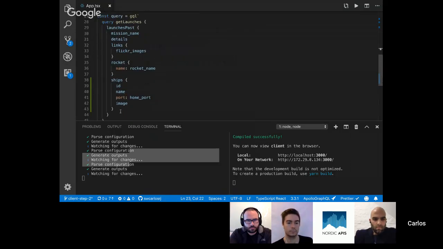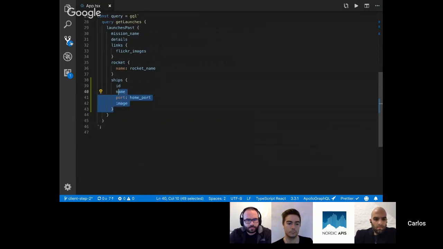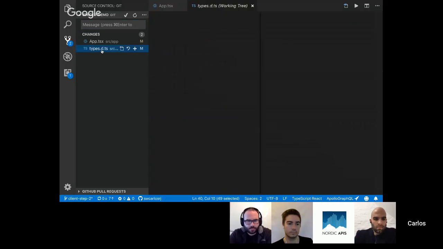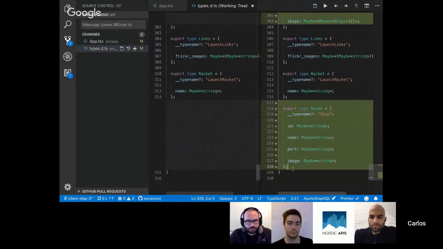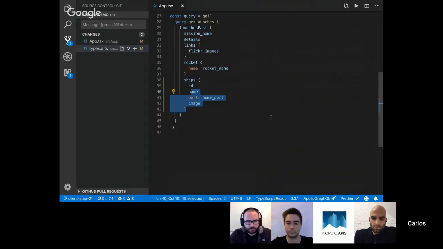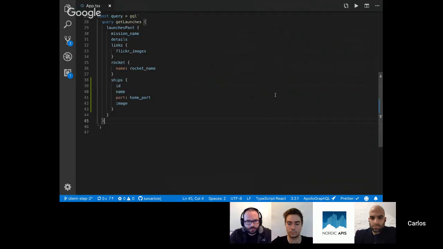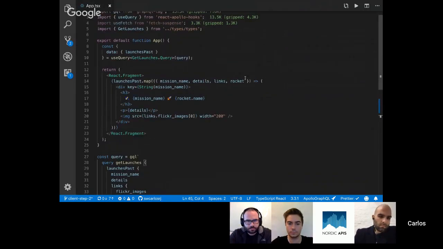all these new types. If we see what the diff is here, we see that we just added the new ship type with all these fields and all these types. This allows me to avoid first going to the documentation with the Apollo Visual Studio Code extension, but also I don't want to do more console logs. So I can just go to my type definition, and I'm going to get my shapes,